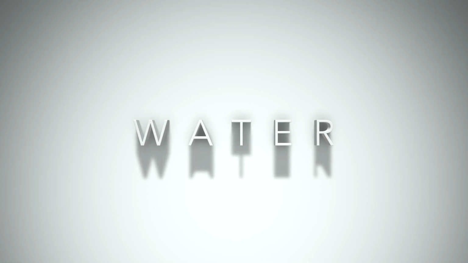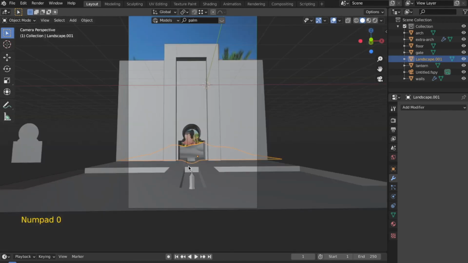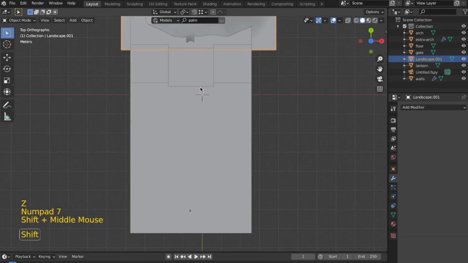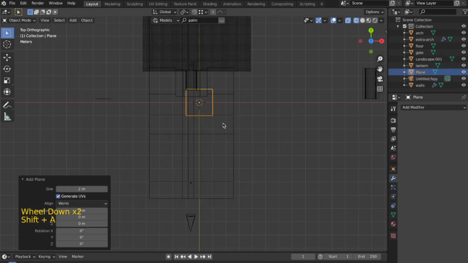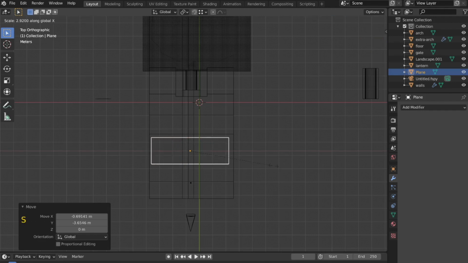So what we didn't do in the last video was that we didn't add a water plane to these pool sections, which you can see over here in this image, because it has some water contained in them, and that is going to be very easy again. So for that, what I will do is I will go into the edit menu, and I will go into the add menu and add a plane over here. I'll simply scale this plane along both the axes.